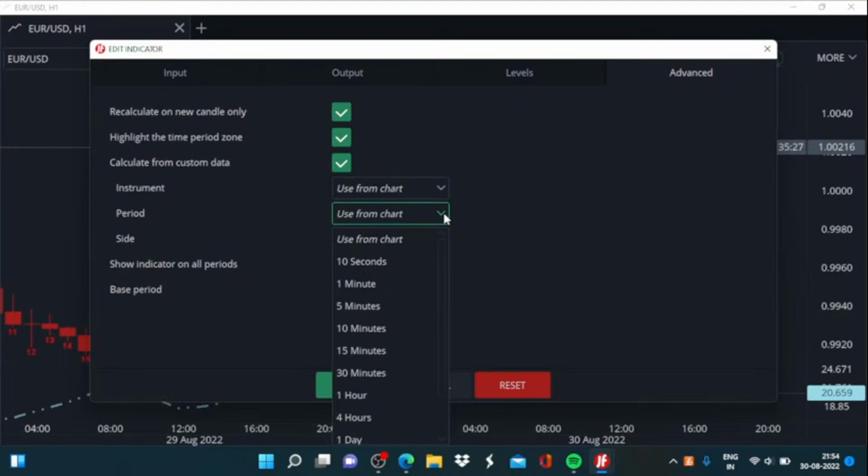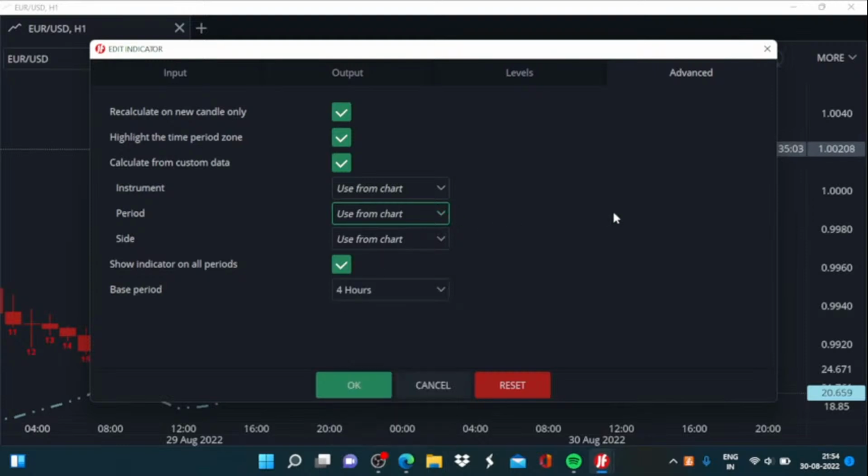The candle period is also applied similarly. You can use it from the chart. So whenever you will be changing the chart from, say, for example, hourly to half an hourly, the plotting of the ADX will be done accordingly. It will be freshly calculated using half an hourly candles. The calculation period will remain the same, but it will be based on half an hourly. So similarly, if you change it to 4 hourly or even for that matter daily, the new calculation will be